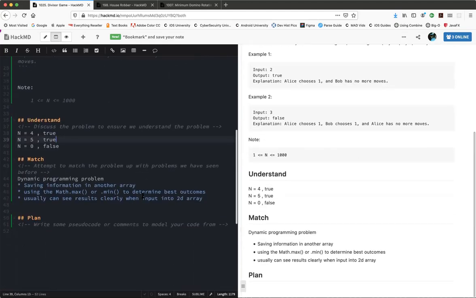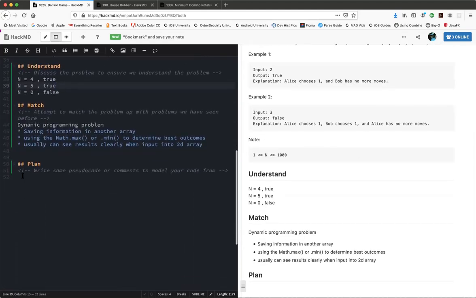All right. So when we start thinking about our pseudocode or our comments, I think, and this is based off the first dynamic programming approach, saving information on the array, is probably creating a Boolean array to start this off. I'll put that there so that when we go to paste it, everything works out. And then we will probably, so n